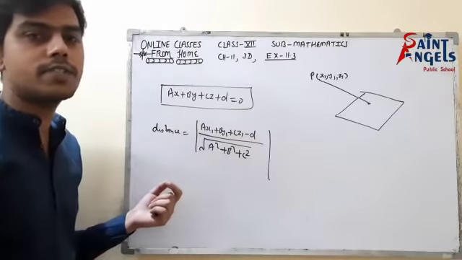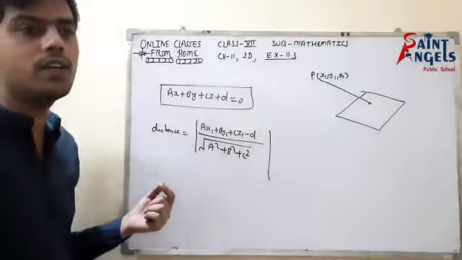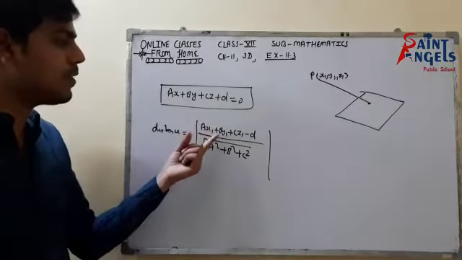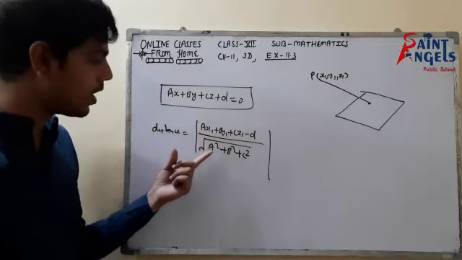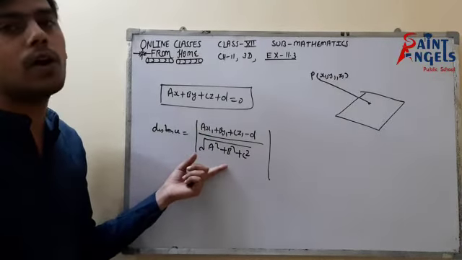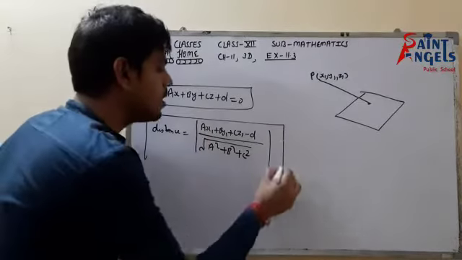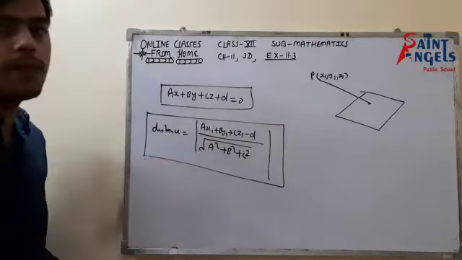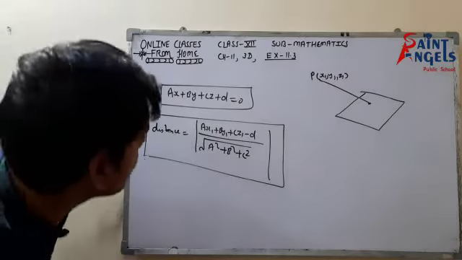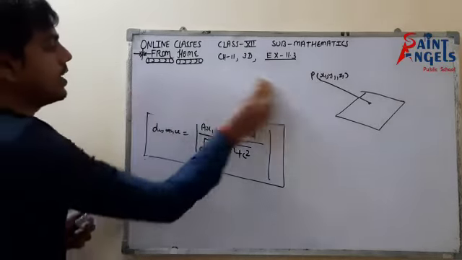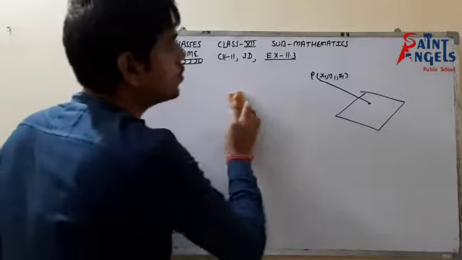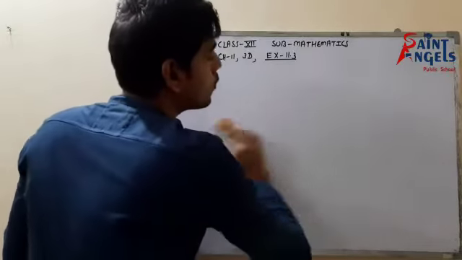This formula is quite similar to that of lines. In 11th class we studied the distance of a line from a point, which was (ax1 plus by1 plus c) upon under root a square plus b square. But now we are in 3D, so we have a third term as well. So it is quite similar to the formula for a line. Now please pause the video and note it down. There are two more formulas, and then we are good to go for the exercise.